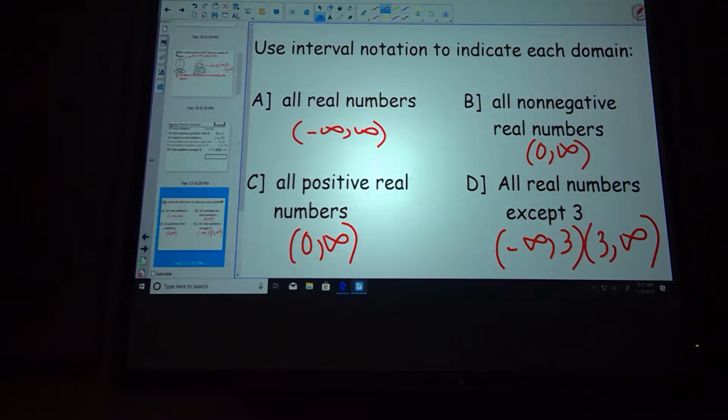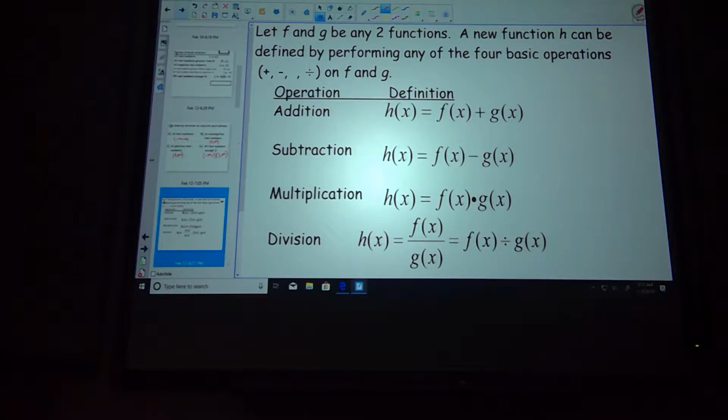No. Moving on. Pretty simple. All right, so don't let this freak you out. This just means, hey, we're going to go back to Algebra 1, but we're going to use functional notation, saying we're adding things and subtracting things and multiplying things together. Multiplication is just FOIL or double distribute. And then